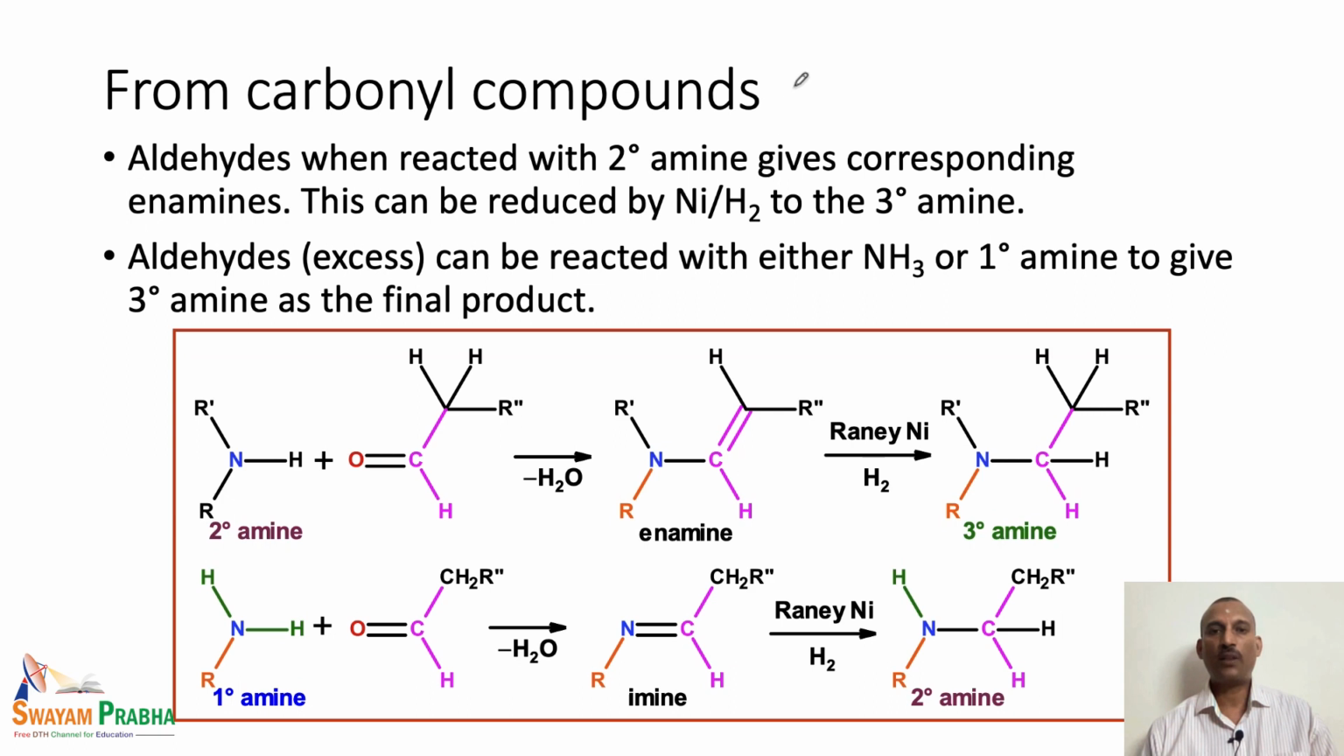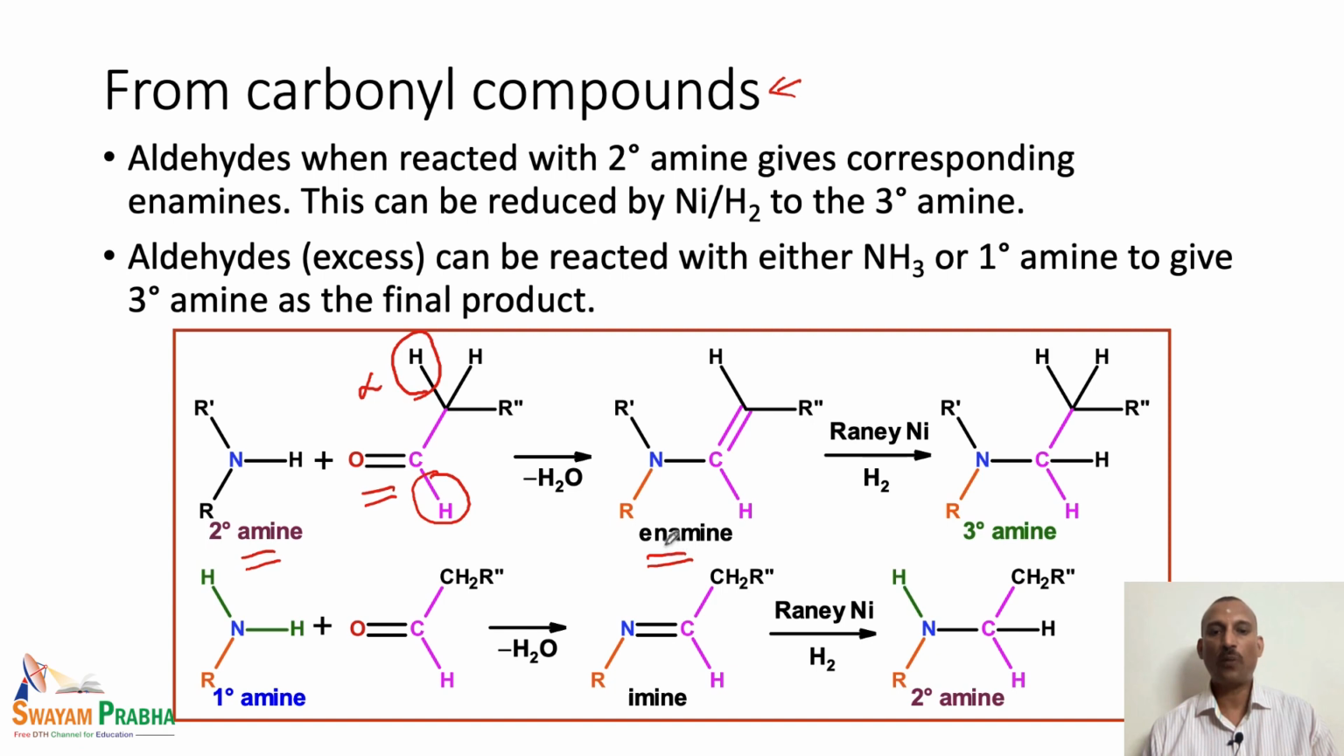We have another method in which a carbonyl compound can be converted to the corresponding tertiary amine. Here we start with the secondary amine. A secondary amine is reacted with the carbonyl compound. Here we are treating it with the corresponding aldehyde compound, and this aldehyde compound has a particular hydrogen atom. That means at least one alpha hydrogen atom should be present for this particular reaction. So, when a secondary amine is reacted with a carbonyl compound containing one alpha hydrogen,